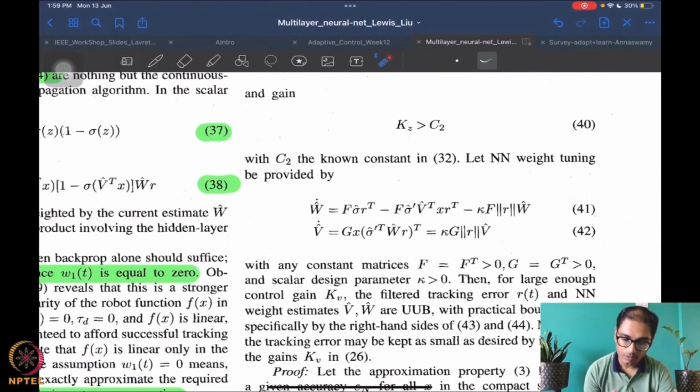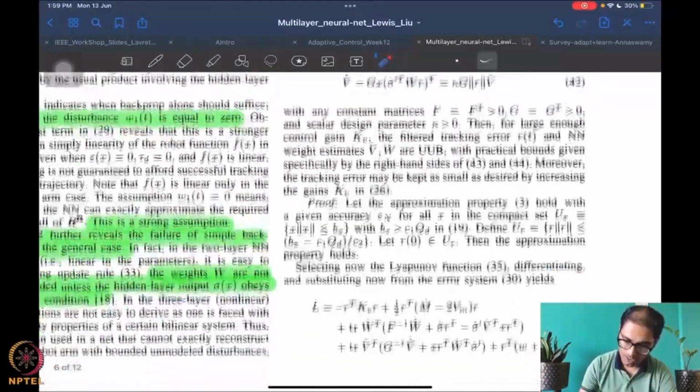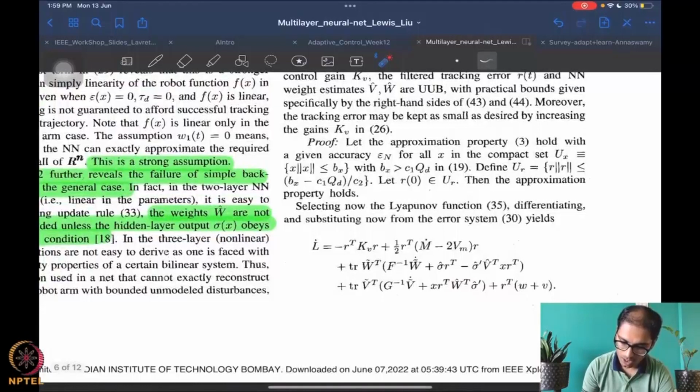But the first term was F sigma hat r transpose in the back propagation term case, and here it is modified to include two more terms. Again, there is a non-smooth term here. It's a nice continuous term, but a non-smooth term because it's a norm R type of term. This term is also written in terms of a norm R type of term. I think this is not equal to, this is what I need to